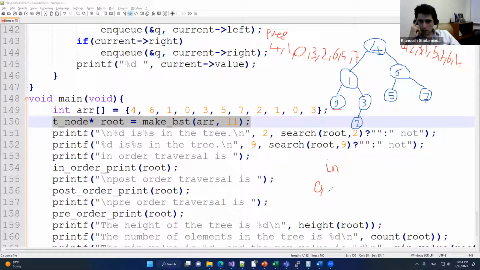then 1, because in the left first you need to do the left subtree. In the left subtree, the leftmost child is 0. First 0, then the root, which is 1, then the right subtree. The right subtree should be traversed in order. So first 2, then 3. And after that, we have 4, which is the main root, then the right subtree. In the right subtree, first we traverse the left child, then the root, which is 6, then the right child, which